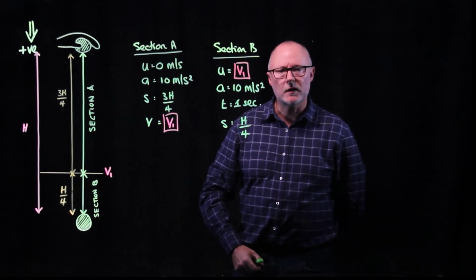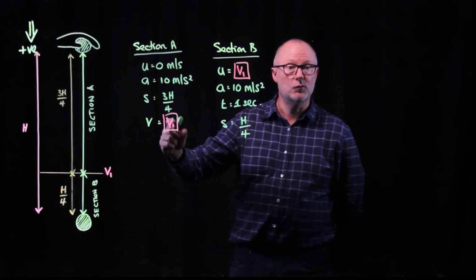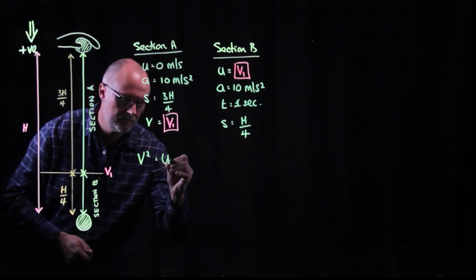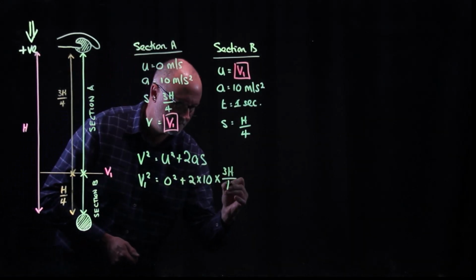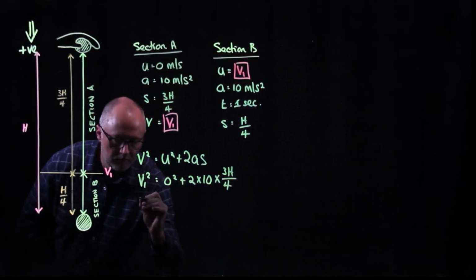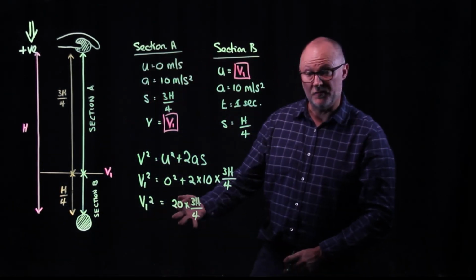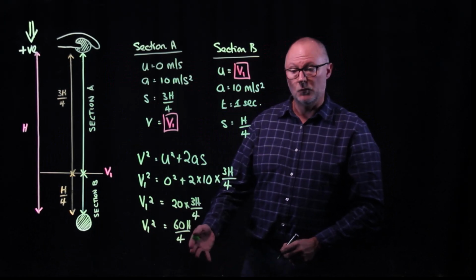Now, using the SUVAT equations for section A, we can put these four variables into one mathematical expression. And it is as follows. We can now further simplify this expression. And again, we can simplify this further. And finally, we get